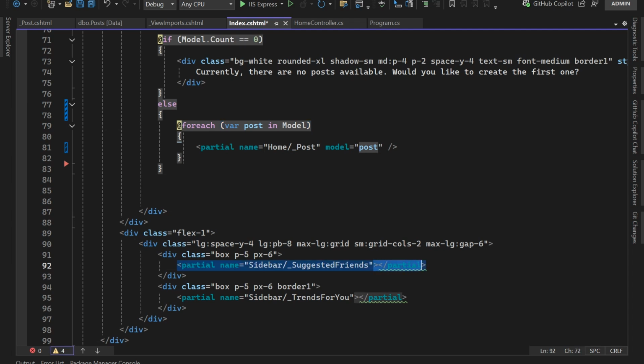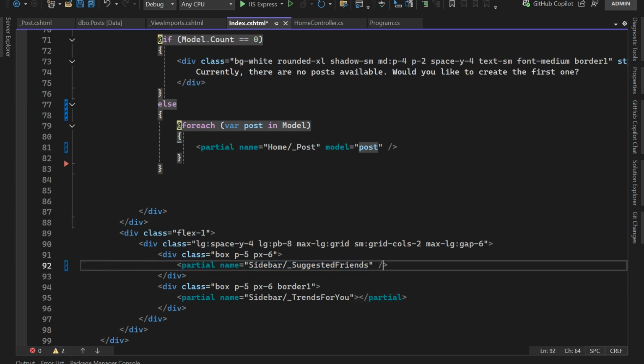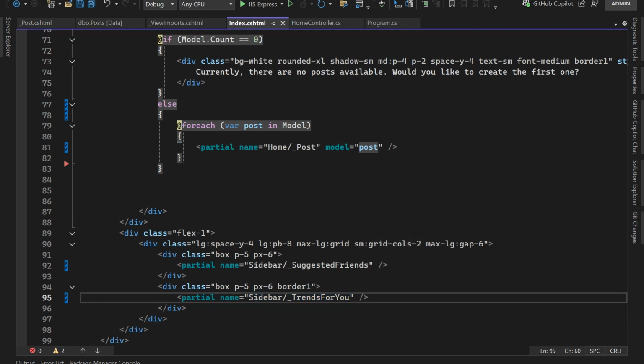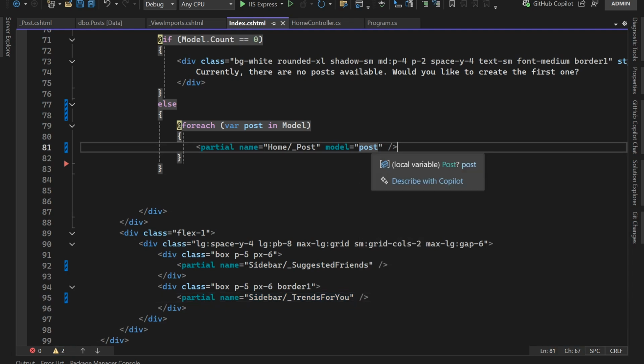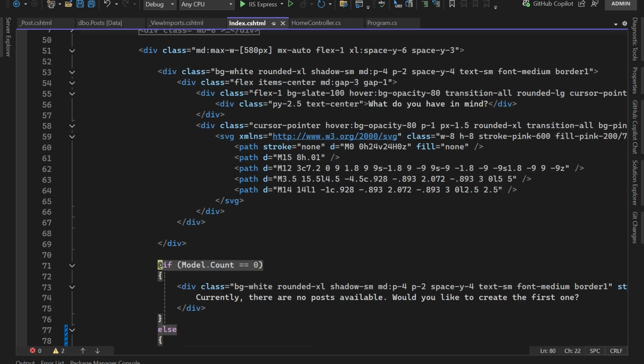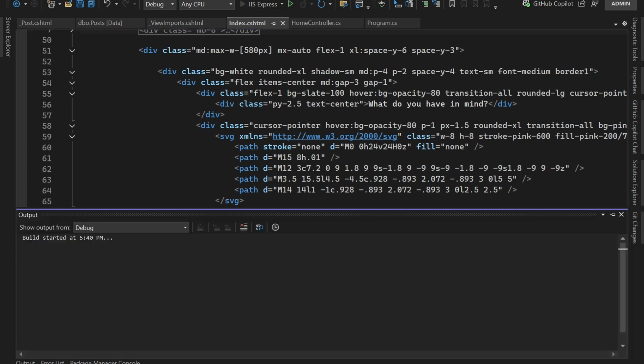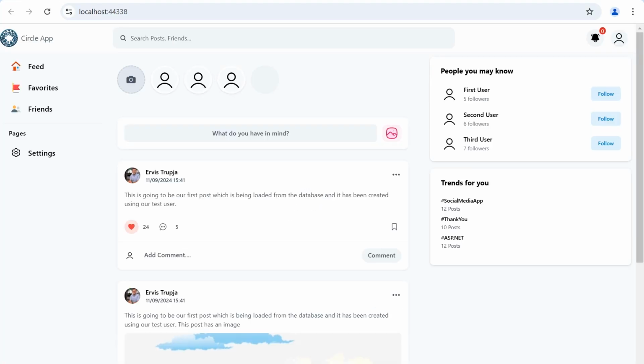Let's do it down here as well. And then down here too. Let us now save the changes and let us see if everything works as expected. So we can see in here that everything loaded as expected,